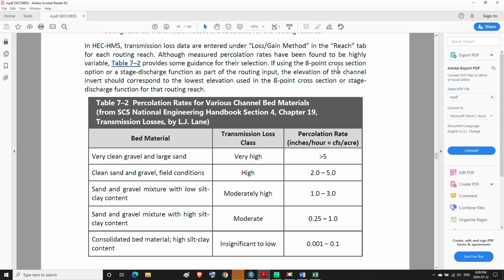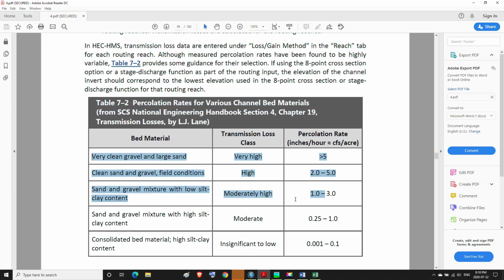If using the 8-point cross-section option or a stage discharge function as a part of the routing input, the elevation of the channel invert should correspond to the lowest level used in the 8-point cross-section or a stage discharge function for that routing reach. Table 7.2 Percolation rate for various channel bed material from SCS National Engineering Handbook Section 4 Chapter 19 Transmission Loss by L.J. Lane.